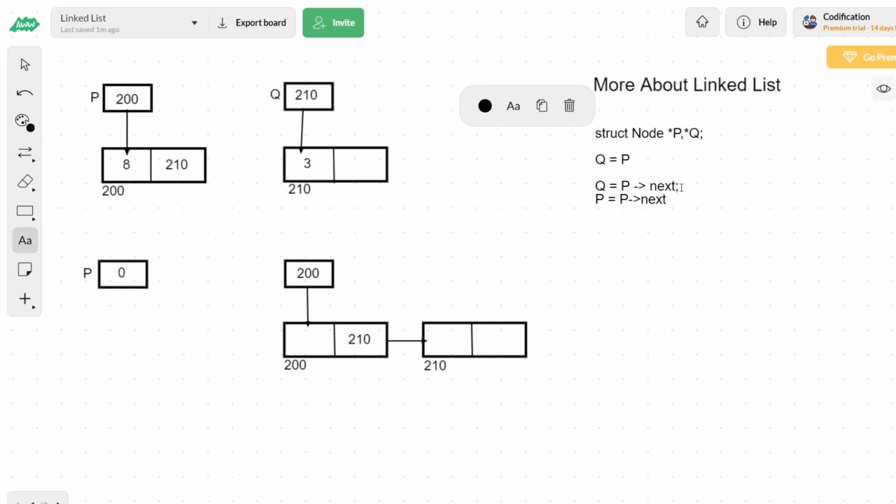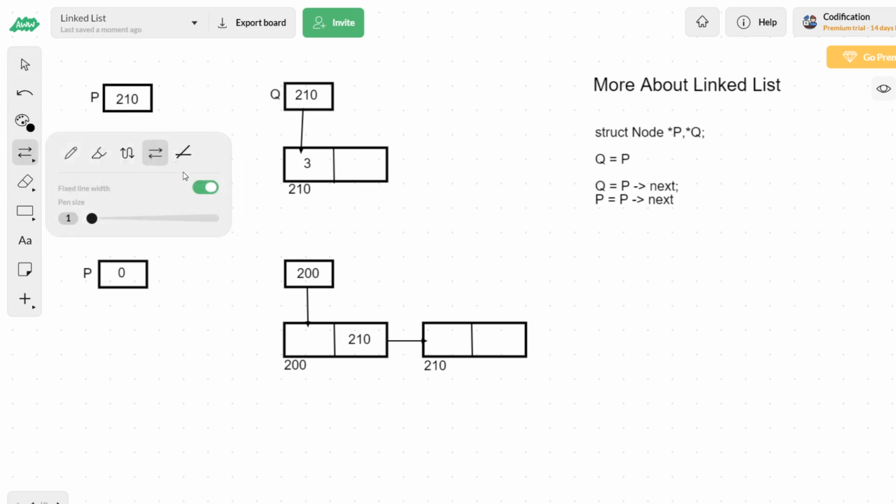So what is P of next? P of next means it is equal to 210. 210 is again assigned to P. So now the pointer P will be stored with 210, which means that pointer P is no longer referring to node 1. It is going to refer to node 2.